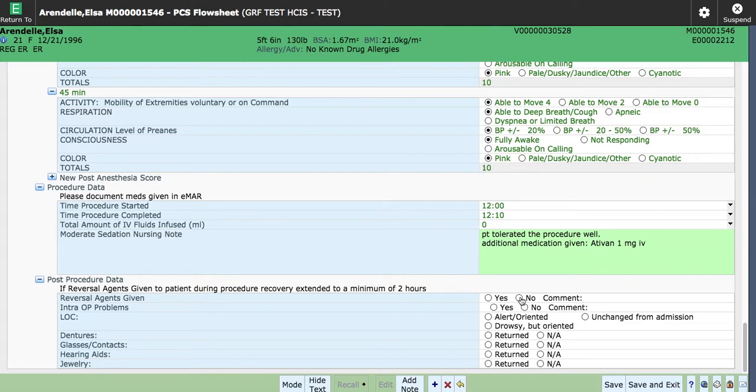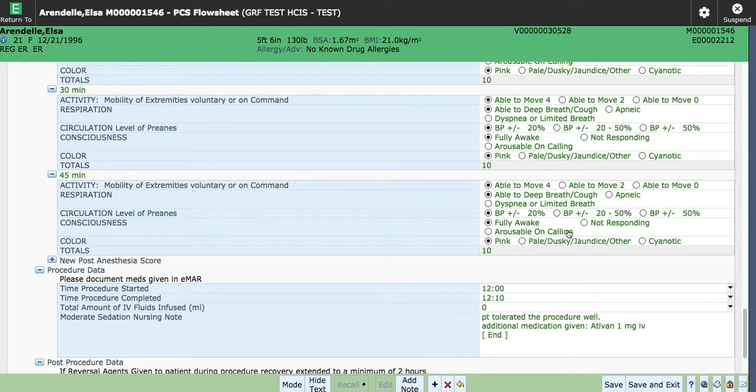So if it doesn't apply, then you can put it doesn't apply. Otherwise, you will have to continue on this form and add all those times for 2 hours of post-recovery. And then make sure that you put everything that you return to the patient if it applies,